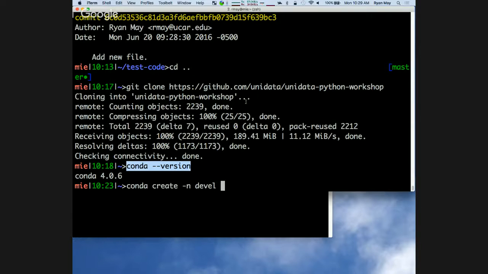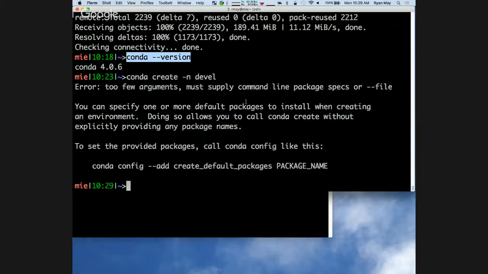Yeah. So you can create a new environment. Oh, too few. That's right. So conda create -n, give it a name, and then a starting point. We always have to at least tell it some kind of base thing that we want installed. That can be as simple as saying, I want Python, and I'll say python=3. Because technically speaking, Conda is not just Python. It works for R. It works for anything for which you have a package. You can get packages for Conda. So we'll say here, I want to create a new environment called devel, and start it off with Python 3.